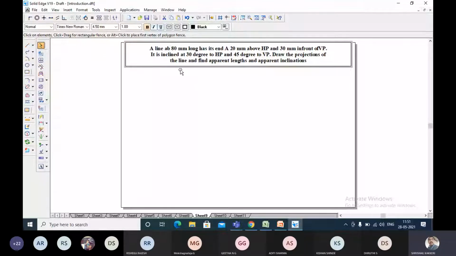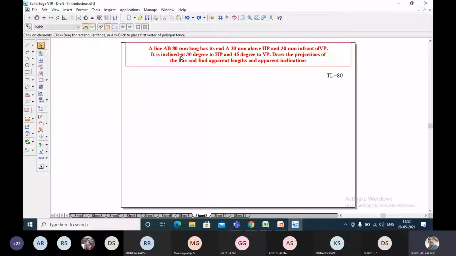And if it is given as A dash and B dash, that means it is the apparent length of the object in the front view. It is not that now. Directly they have given us capital A, capital B, which indicates it is the true length of the actual line. So the line AB 80 mm long has its end A 20 mm above HP.